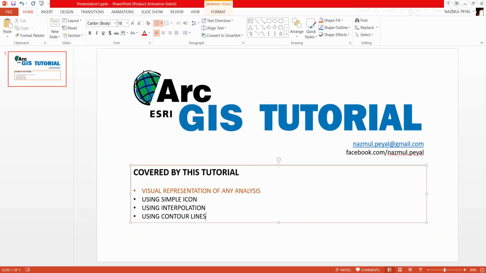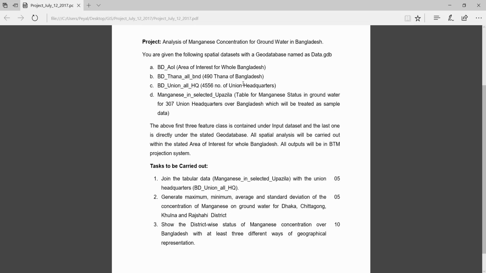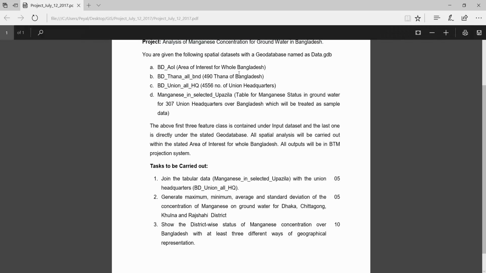So first, let's see what our project is. This is an analysis of manganese concentration for groundwater in Bangladesh. For this project you will be given an area of interest for the whole country of Bangladesh, all the thana, which is like a county, all the thana of Bangladesh, and all the union headquarters. This is a more segregated version of the county, and there is data for manganese for only 307 unions out of